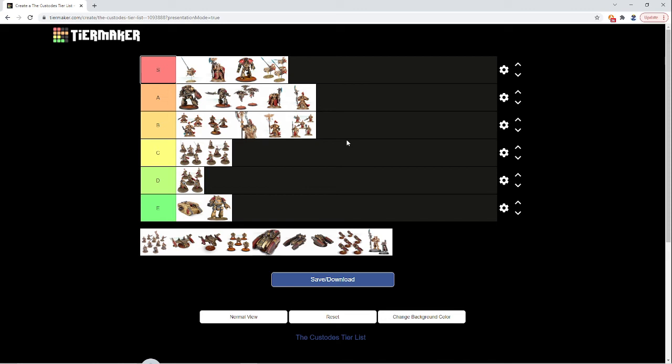So I feel like all of my lists can already deal with Marines, so I don't want to bring these guys necessarily. They also, I think, struggle in some other matchups, particularly AdMech. I just don't think they do a lot in that matchup. I could be wrong, but